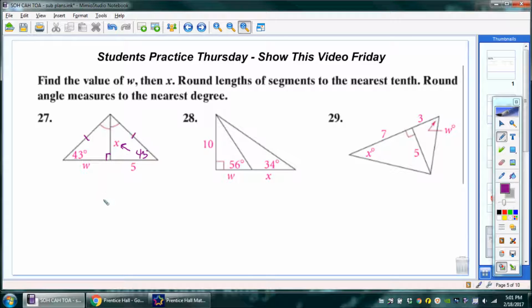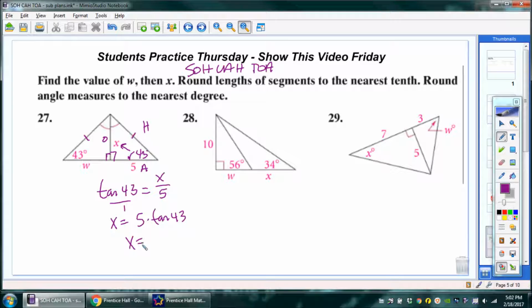So we have opposite, and this is adjacent. This is hypotenuse. So we're going to have tan of 43 equals opposite over adjacent. So again, SOHCAHTOA. Put that over 1 and then cross multiply. So x equals 5 times tan of 43. So x is going to equal